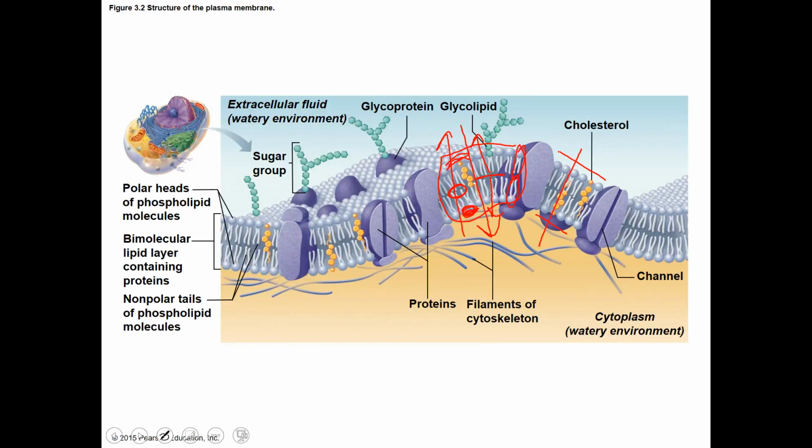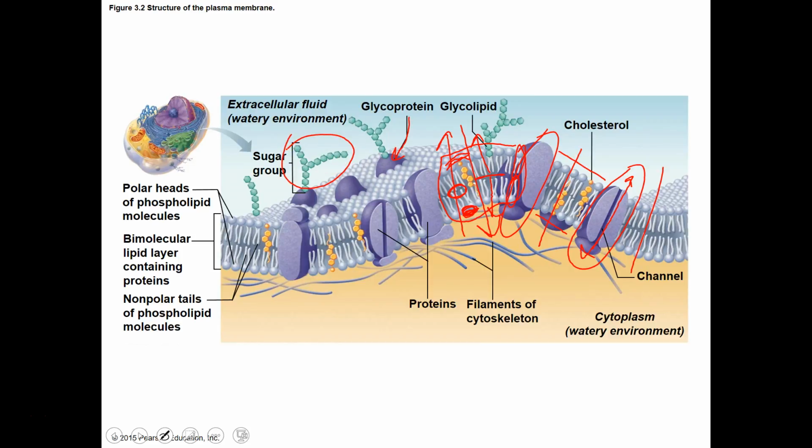Okay, and then we've got some proteins in here. Here's a little glycoprotein that's pointing at there. These are some other proteins in here, and they have different purposes. And you can see this channel through the middle of this protein. So that channel in there has some sort of a purpose. Like I said, it's probably going to allow something to pass through that membrane that couldn't pass through the bilipid layer of that membrane. Also, we've got these little sugar groups up here.